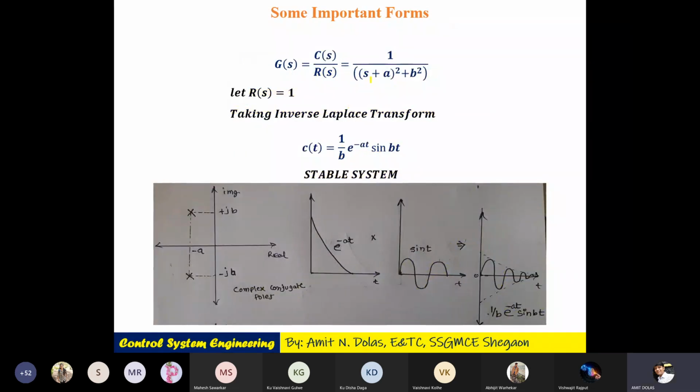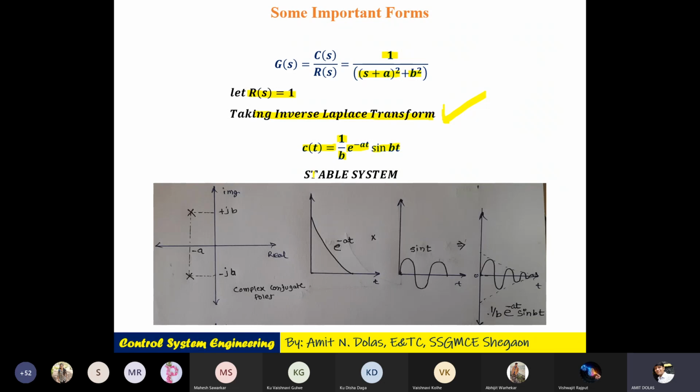Here is the system transfer function, which is 1 upon (S plus A) whole square plus B square. Let R of S be equal to 1. Take the inverse Laplace transform. Please remember all the Laplace properties, inverse Laplace and Laplace properties, so that you can easily work out these in the examination. So c of t will be 1 by B into e raised to power minus at into sine